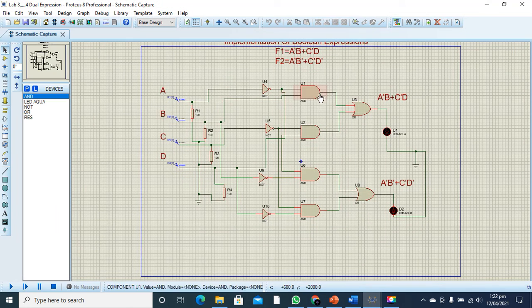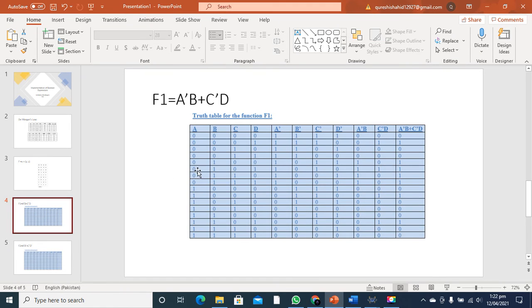So here is our circuit. As you can see that I am going to use the combined circuit for both the cases, and we will be going to implement and verify the truth table. So if we head towards our truth values, you can see that for case 1 we will get high output if our A, B, C and D will be 0 0 1.